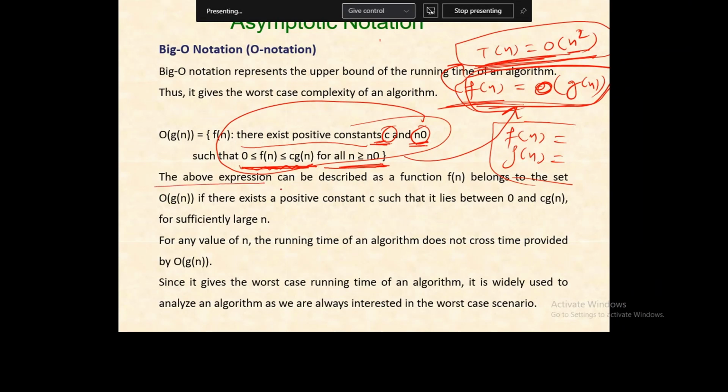The above expression can be described as: function F of n belongs to the set O of G of n, or order of G of n, if